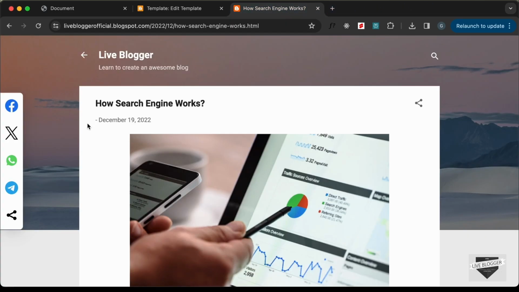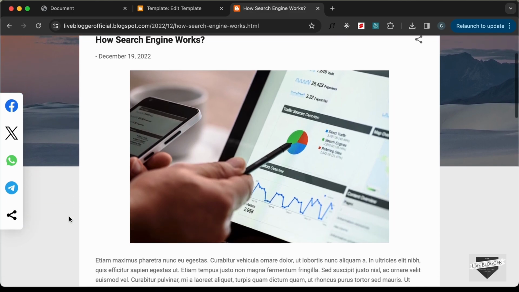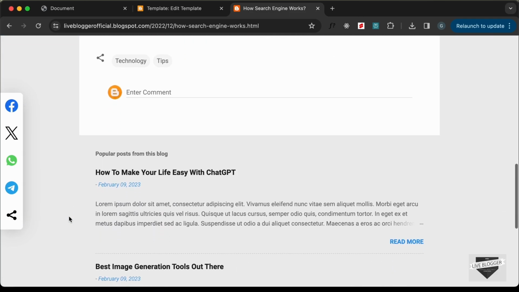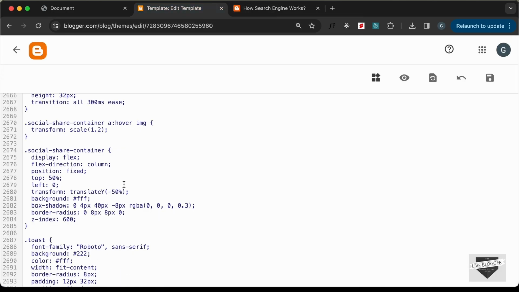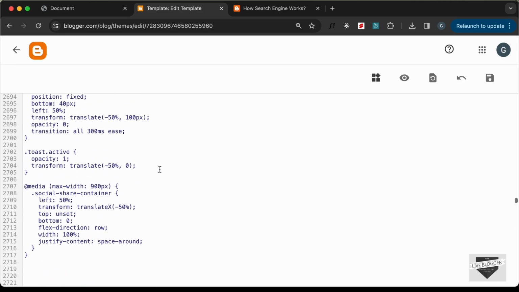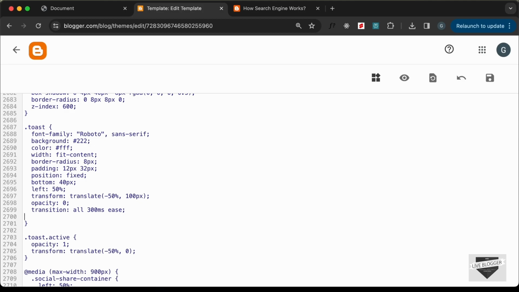Now let's click on this share button. So let's click on share, and the toast is not being displayed. So that's because we need to add a Z index to the toast as well. So let's go back, and here for the toast, let's add a Z index. So here I'll just type Z index, and let's set it to 600 as well, and let's click on save,